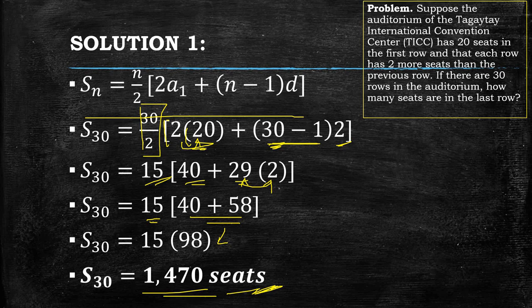See? So, ganoon lang siya kabilis. Nakapag-sum up na agad tayo ng total number of seats doon sa auditorium without listing all the number of seats per row. So, ang kinailangan lang natin is yung value ng n, yung first term, and then yung ating common difference. And then we just perform the operation so andun sa ating formula. So, we come up with this. The final answer is 1,470